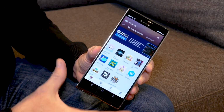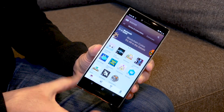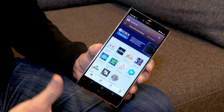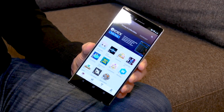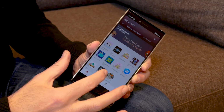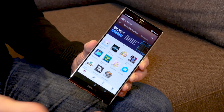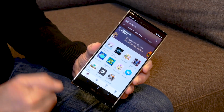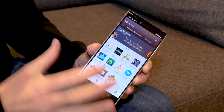Everything on here is about earning tokens. And these tokens, in theory, we presume will be worth more in the future, which is why you'd want to play these games right now. We don't really think they're much fun, but if you're a speculator or a Bitcoin fan or a cryptocurrency fan, I'm sure there's plenty to enjoy. But for the regular person, newcomer,